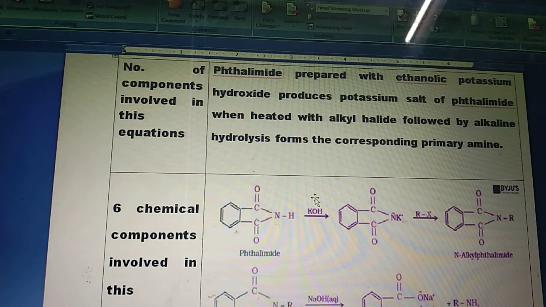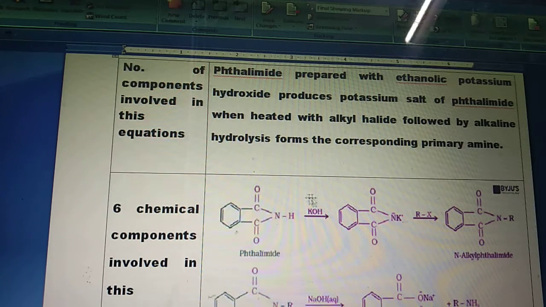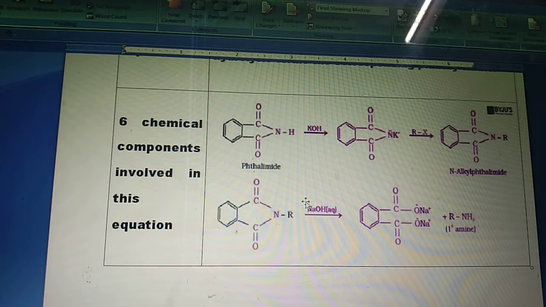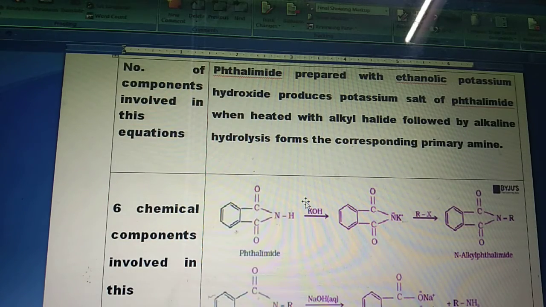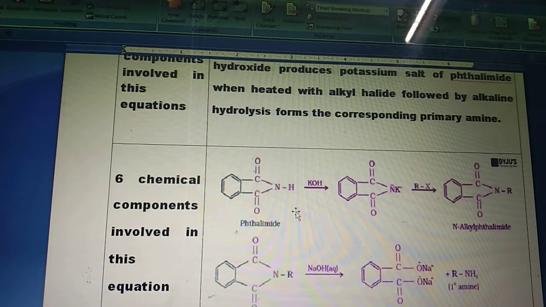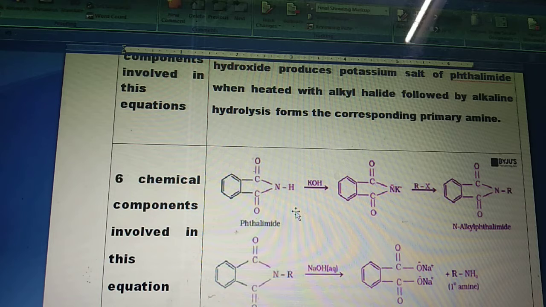Component 1, what it contains; component 2, what it contains; component 3. So this is component 1, component 2, component 3, component 4, component 5. So there are 5 components involved, and finally this final answer R-NH2. This is the amine. So the 6 parts are there, 6 components. You have to write and see the 6 components. Once you write this content in step 1, and these 6 components in step 2, you will get full marks.